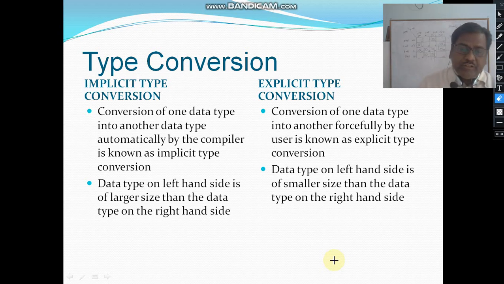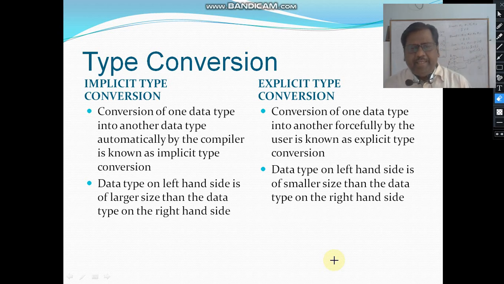Now we talk about the second type, that is called explicit. Explicit means explicitly, we have to do it, somebody else will not do it. Here the conversion of one data type into another, forcefully by the user, is known as explicit type conversion.